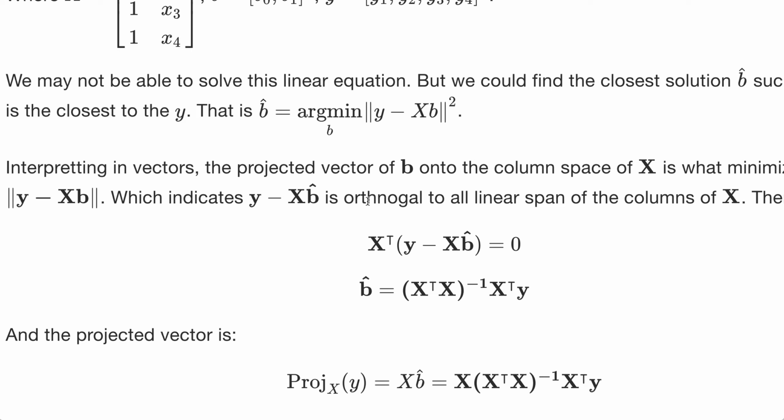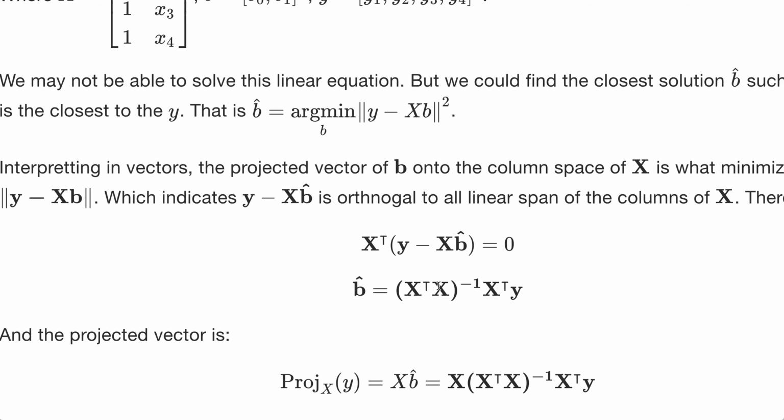So y minus Xb is the vector from the plane to the point y. We want to minimize this distance, and the minimum happens when this vector y minus